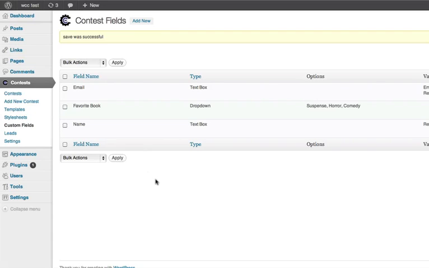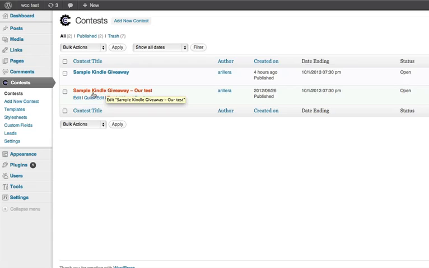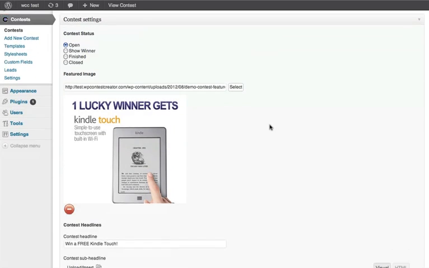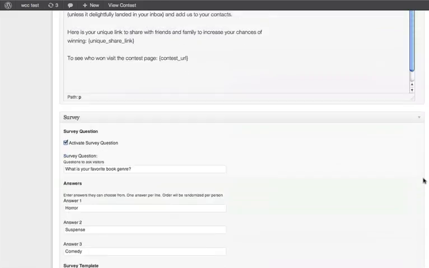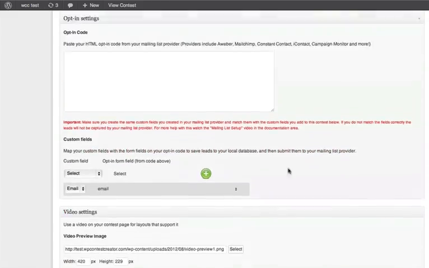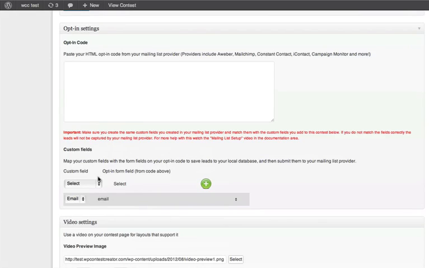So now, to show you what happens here, if I go to contests and I go to our sample contest here, if I scroll down and I go to the opt-in settings here, you will see that custom fields, the ones that I created, are now here. So I have name, which I can select and apply, and I also have,